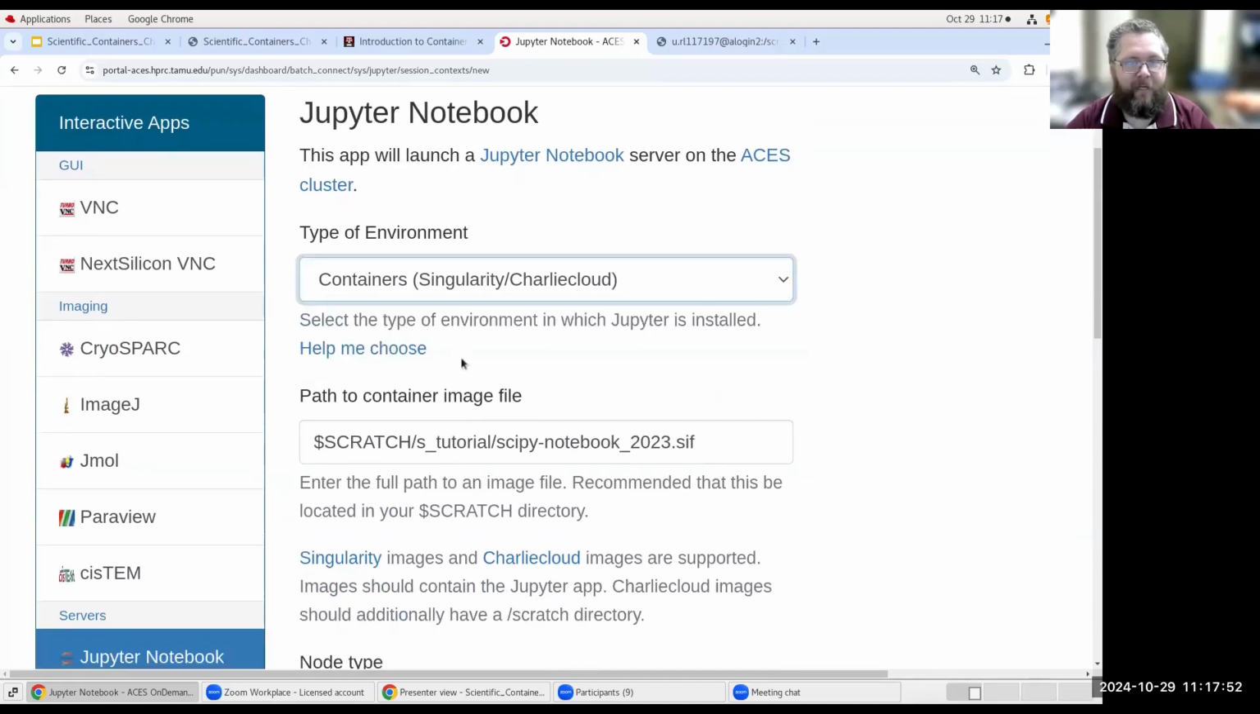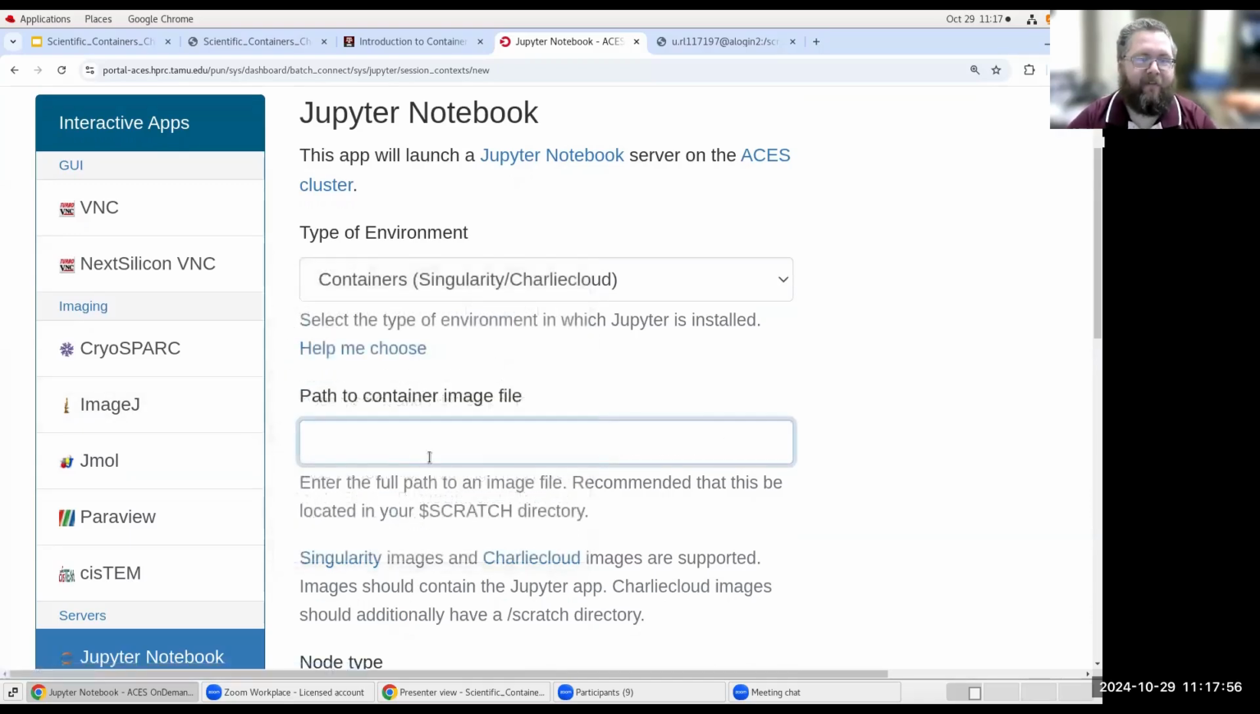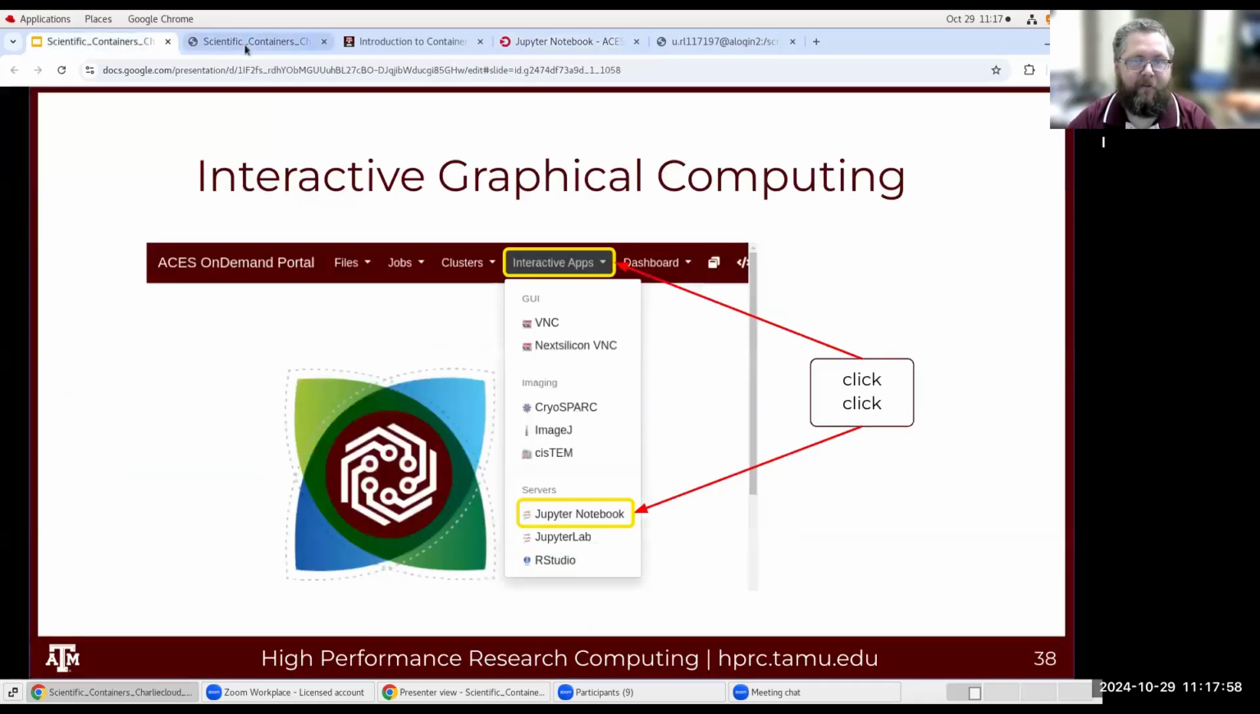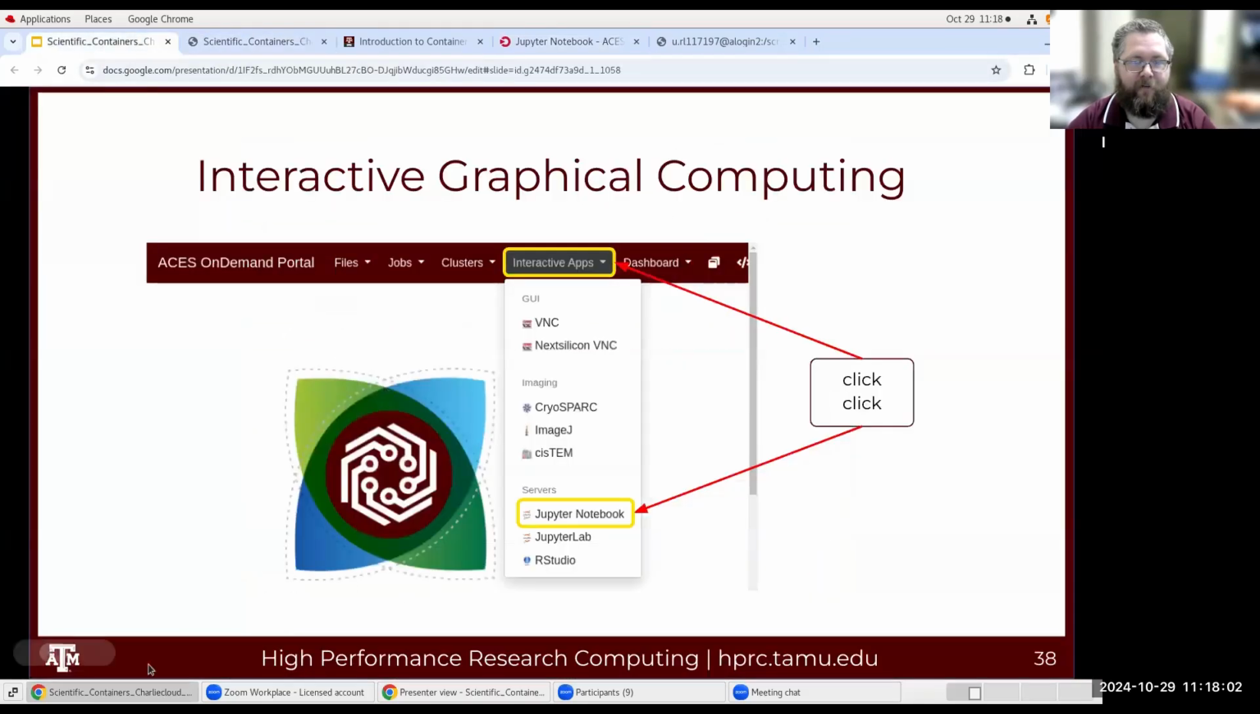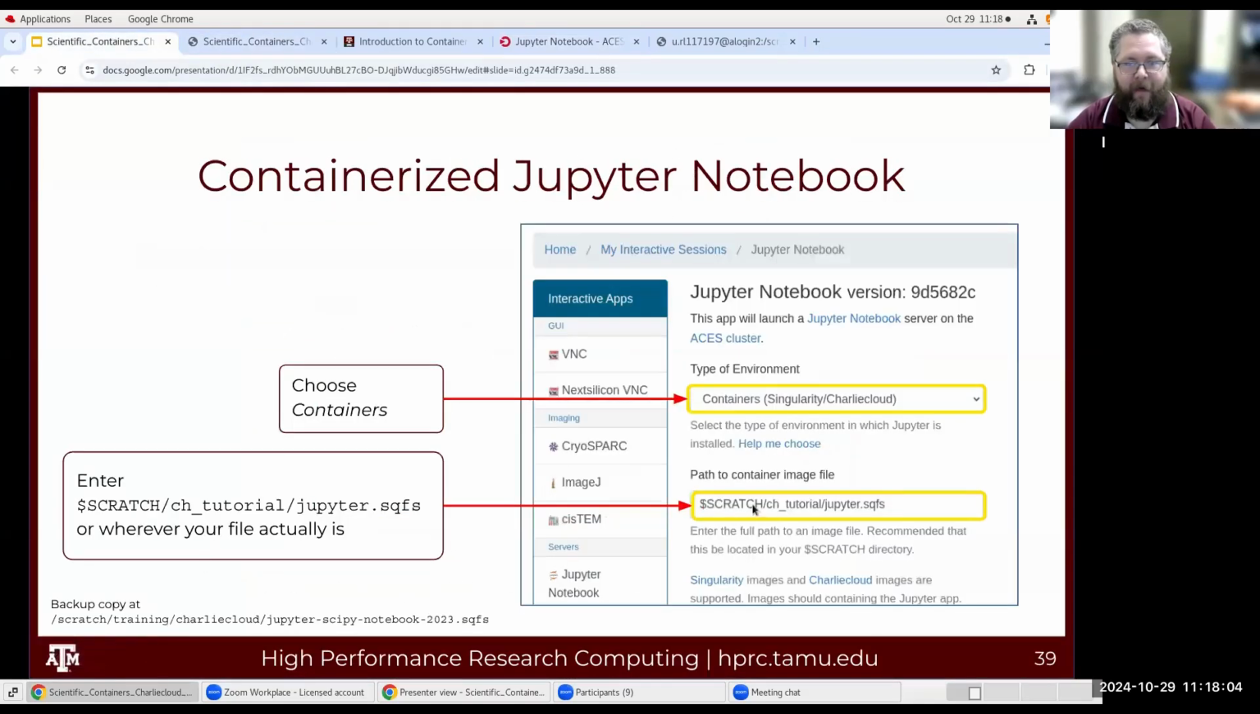And it was on containers for me because I've previously done this. And then you need to type in the path to a container image file. So you can see in our slideshow that we have a path to an image file. So you may have named it Scratch CH Tutorial Jupyter SQFS, as I did, but if you didn't, you can